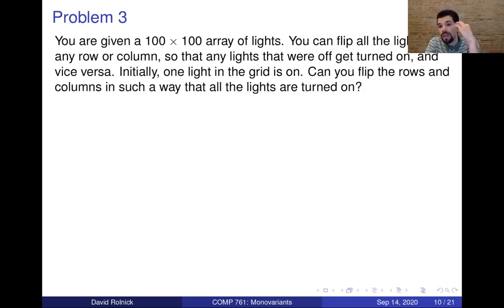So if we think that there's a solution, we might try to come up with an algorithm. If we think that there isn't a solution, it's probably a good idea to try to come up with an invariant. An invariant, because we know the starting condition of the grid of lights, and we know the final condition. If we can prove that something doesn't change, but the invariant has a different value at the start than at the end, then we'd be done.